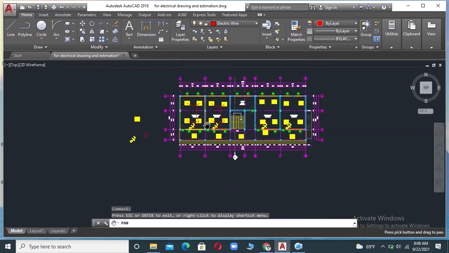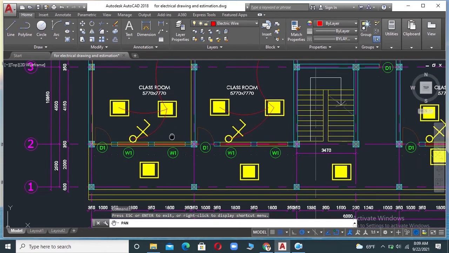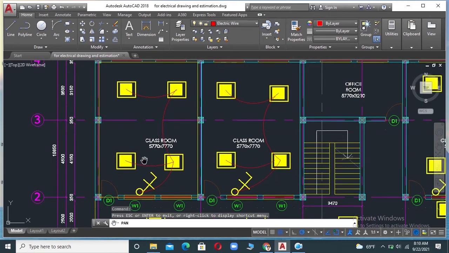So this is the advantage of layers. We always work on different layers. Suppose interior guys want to work on this file. During the work they will face a problem because of this light interaction. Suppose HVAC guys want to work on this file, then due to this drawing they will face a problem because of interaction with other drawings also, so it will not be easy for them.